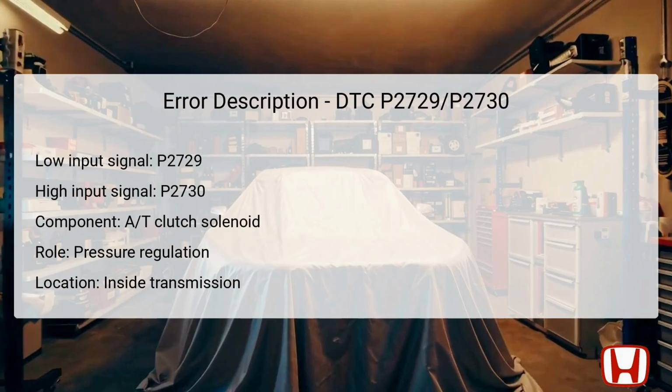applied. DTC P2729 indicates a low input in the AT clutch pressure control solenoid valve F, while DTC P2730 indicates a high input. Both codes highlight issues stemming from the electrical circuit interfacing with the automatic transmission control unit, TCM. The AT clutch pressure control solenoid valve is integral for managing transmission fluid pressure during gear shifts, thus ensuring smooth operation. Typically, this valve is located within the transmission casing, occupying a spot where it can efficiently deliver hydraulic pressures